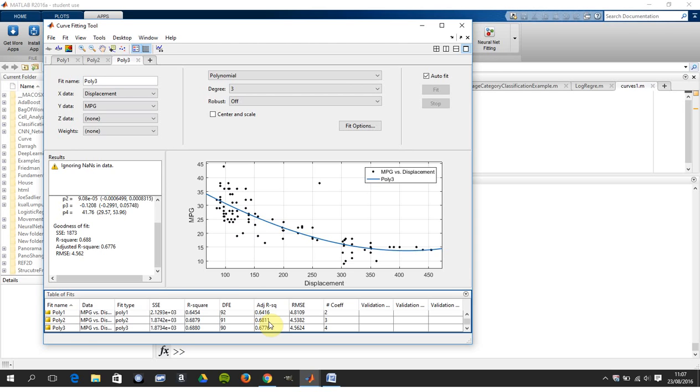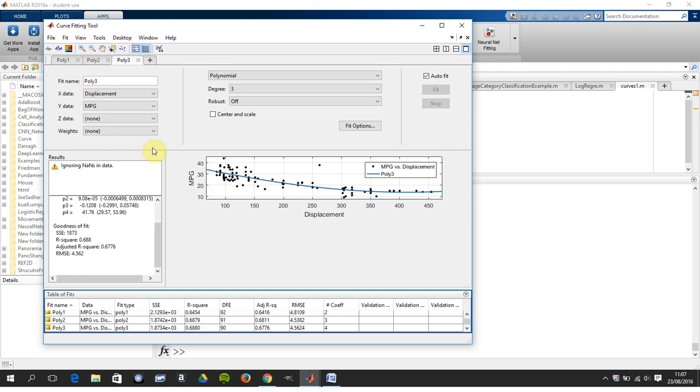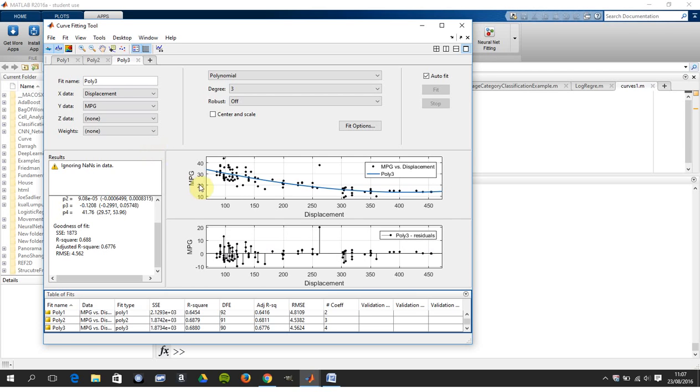Hope that helps a little. Just one thing before I go, if we look at the residuals, they'll come up now in a second. So there's the residuals for degree 3. There we are, and now if we look at the residuals for degree 2,